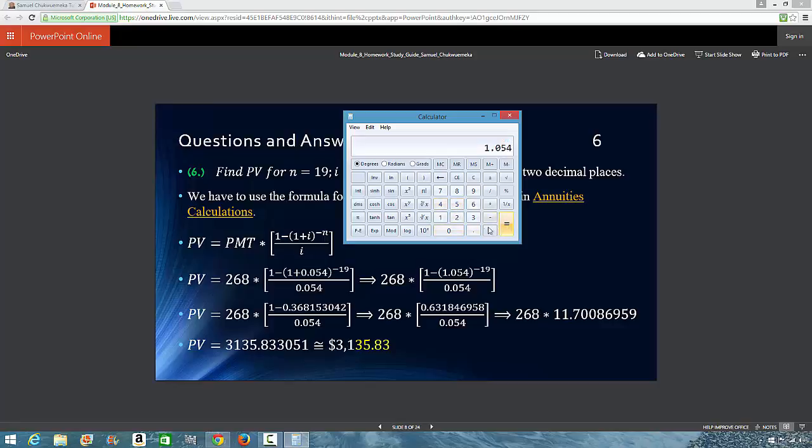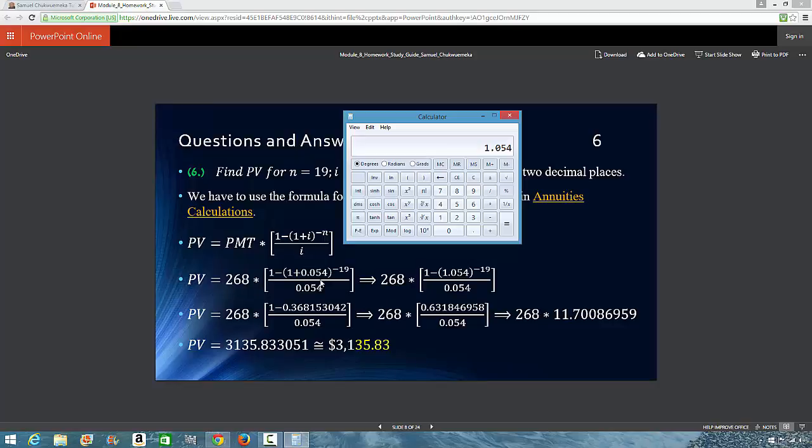0.054, equal to. Now, what you have to do is, each step you do, press equal to. If you are using this calculator, okay, I have seen students, not once, not twice, not thrice, using this kind of calculator and just trying to do this right away, not doing it step by step. If you're using this kind of calculator, or if you're using a TI-30X, and you just put it in like you see it here,